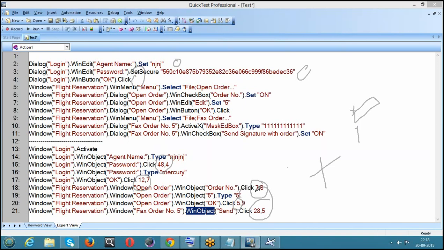The coordinates it captures. So by using those coordinates, it will try to identify the objects, but that is not a proper mechanism actually. It should identify the objects using its class. I mean, it should display the class, whether it's working on a button or an edit box, that should be given. That is not given by your low level recording. So that's the reason low level recording is completely prohibited in the organization. So like this, we have 3 types of recording modes, but basically we use standard recording mode.